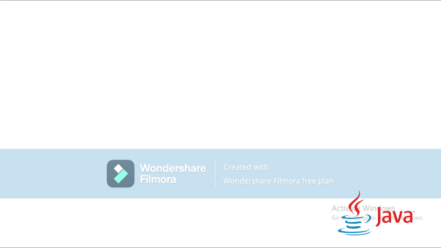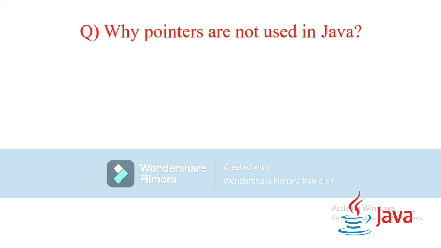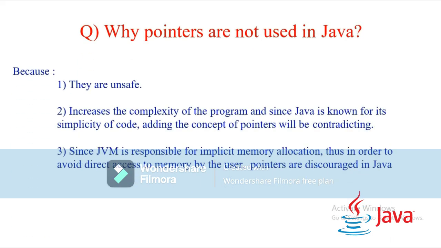The second question is, why are pointers not allowed in Java? The very basic reasons are that they are unsafe, first of all. Secondly, they increase the complexity of the program, and since Java is known for its simplicity, adding the concept of pointers would contradict that. And third, and very important, is that the JVM is the one